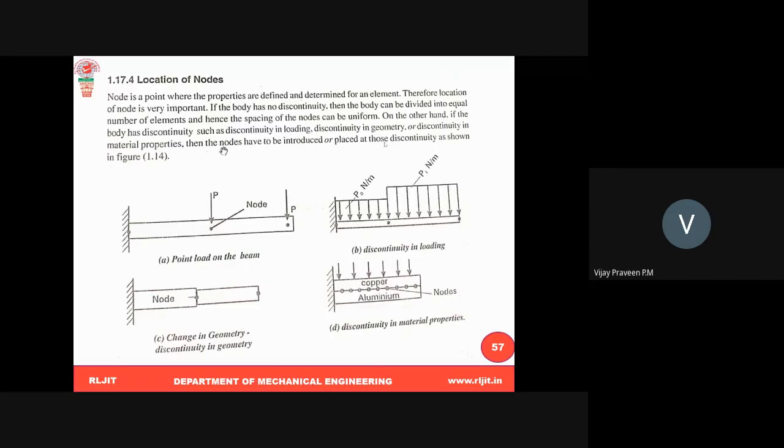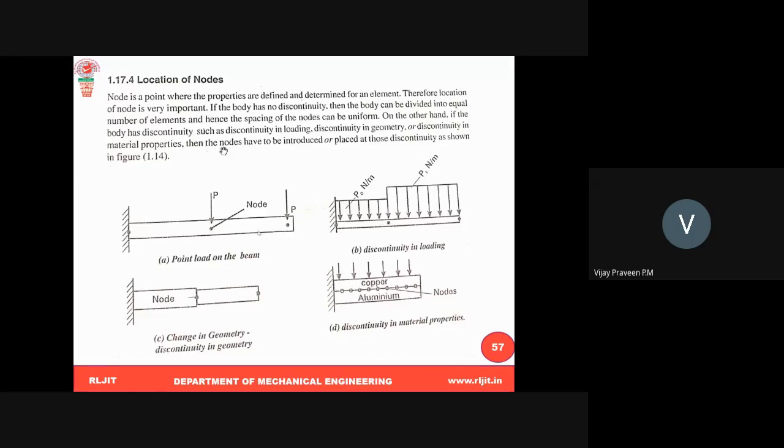See, I will explain this in a very simple way. Location of nodes: how are we going to locate them? Suppose the geometry is uniform and the load is also uniform, then you can easily divide it into an equal number of parts with equal spacing between the nodes like this. You can see one node here, one node here, one node here, with the same distance between them. Because nodes matter. Why? Because when you apply the load and the boundary conditions, the load, how much load you apply, and the material properties are applied on the nodes only. So the location of the nodes matters a lot here.